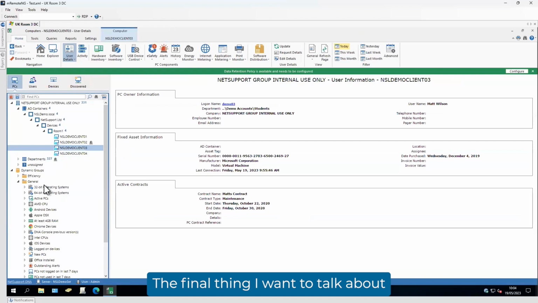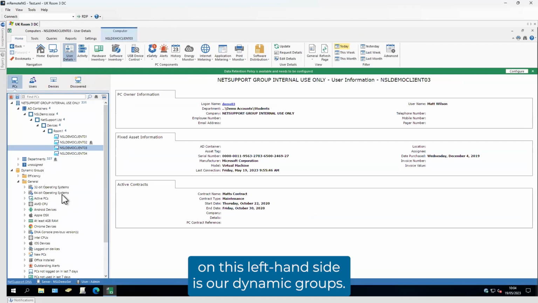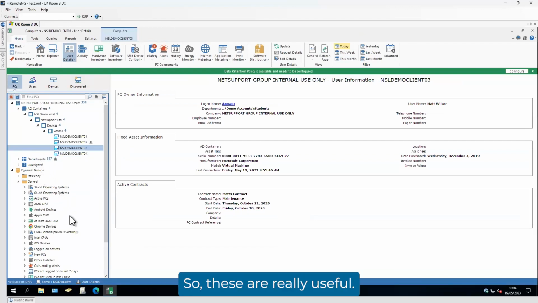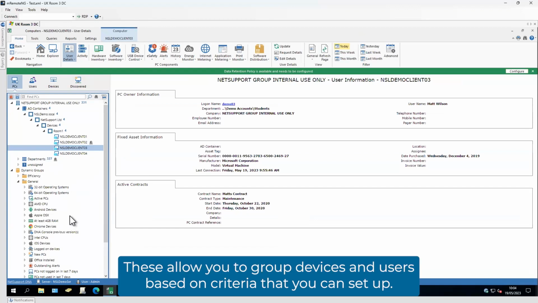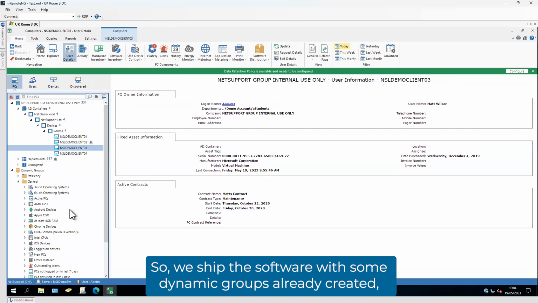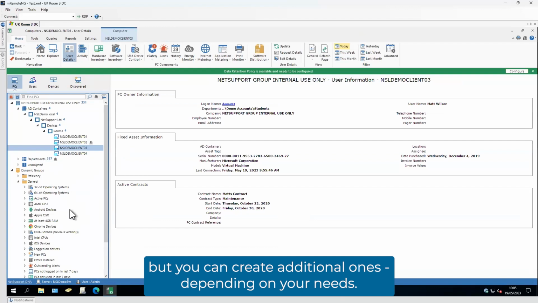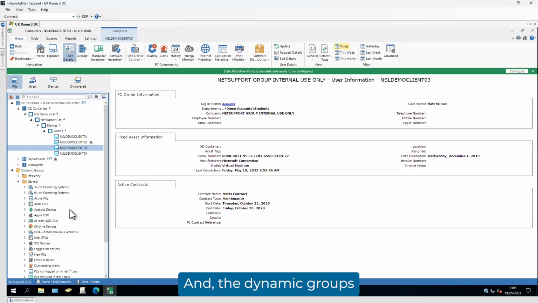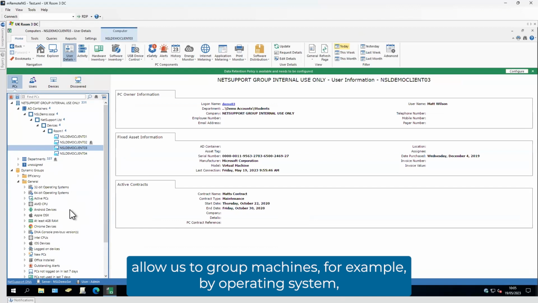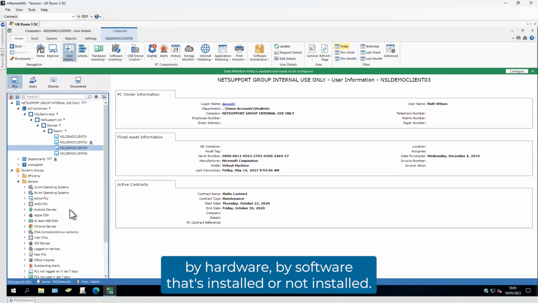Final thing I want to talk about on this left-hand side is our dynamic groups. So these are really useful. These allow you to group devices and users based on criteria that you can set up. So we ship the software with some dynamic groups already created, but you can create additional ones depending on your needs. And the dynamic groups allow us to group machines, for example, by operating system, by hardware, by software that's